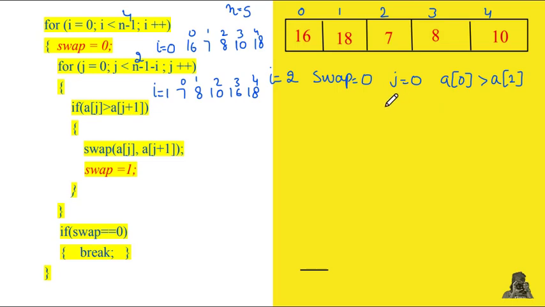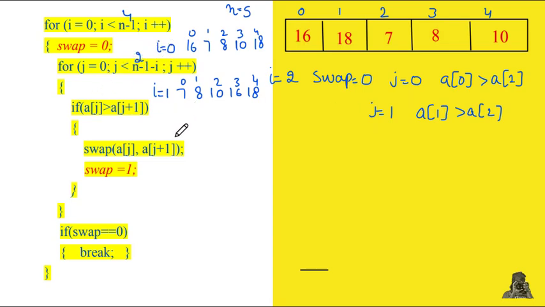Now moving to the next iteration, which is j equal to 1, and 1 is less than 2, so this will be executed. Again comparison will be done between two consecutive values. Because no swapping has been done, the array will remain like this only. Again 8 and 10 will be compared. We can see 8 is not greater than 10, so no swapping will be done. Swap's value will remain 0 only. Now j will be incremented. Now j will be 2, and 2 is not less than 2.